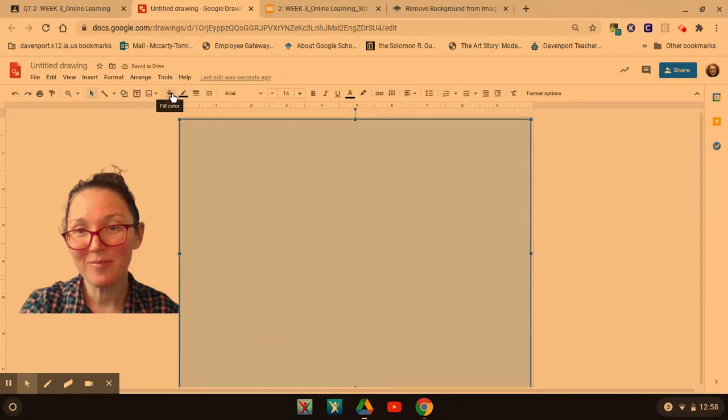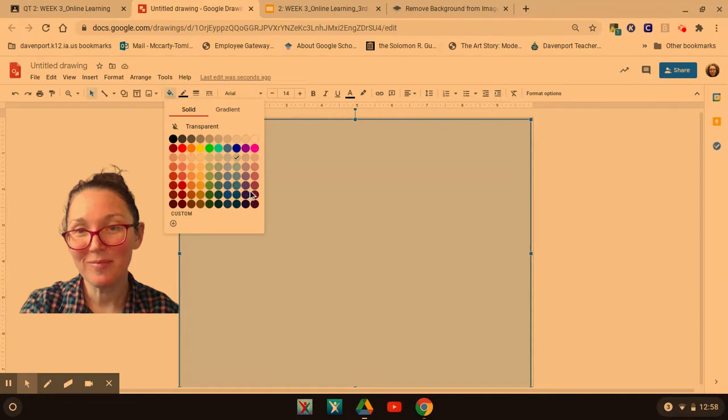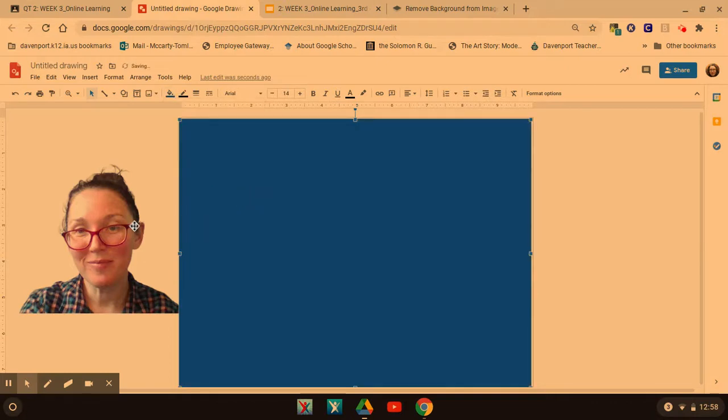I want to pick a different color because I really do like blues. Blue is one of my favorite colors. So I'm going to pick this bright blue here. Perfect. And now, do you remember how we had to separate